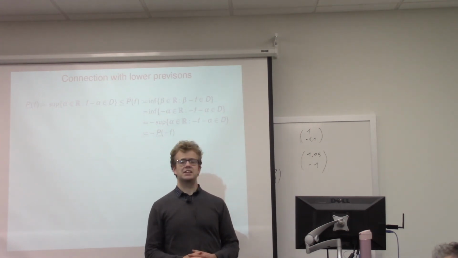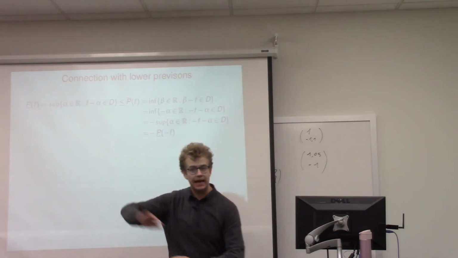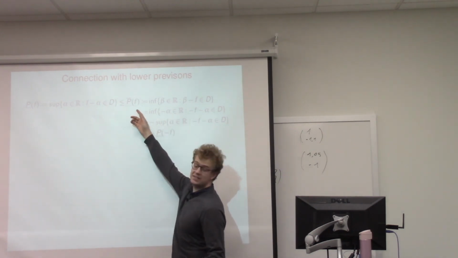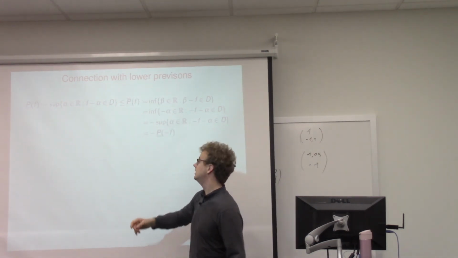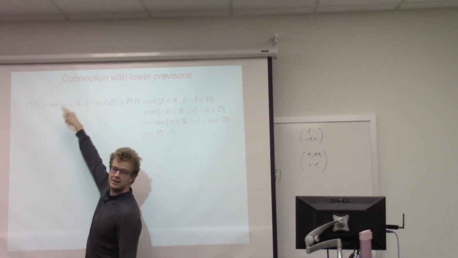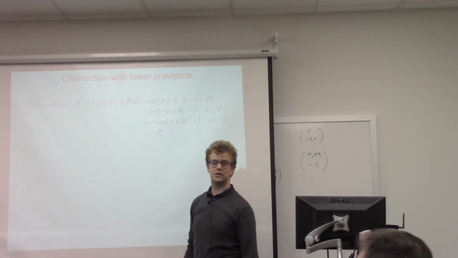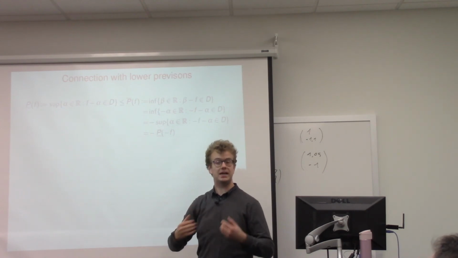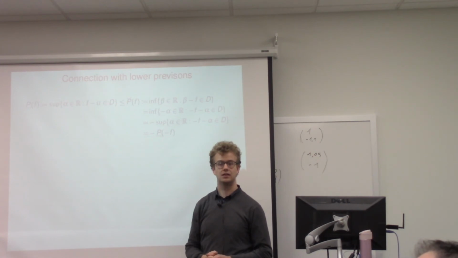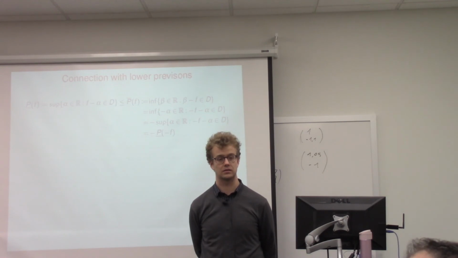If I specify my supremum desirable buying price for any gamble in a linear space that also contains its negative, then I immediately specify the selling price, because if I specify this for f and for minus f, it's actually specifying the upper provision. But minus f is also a gamble, which I can buy, and buying minus f is actually selling f. That's the same thing. One way of saying it verbally is that selling something for A is the same as buying it for minus A.